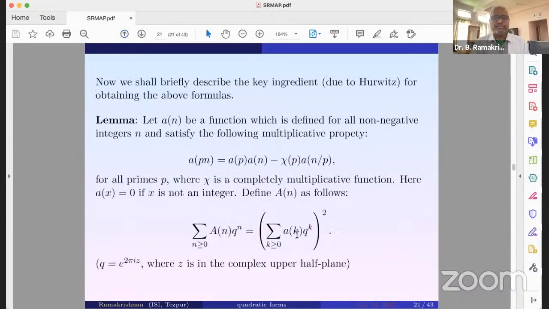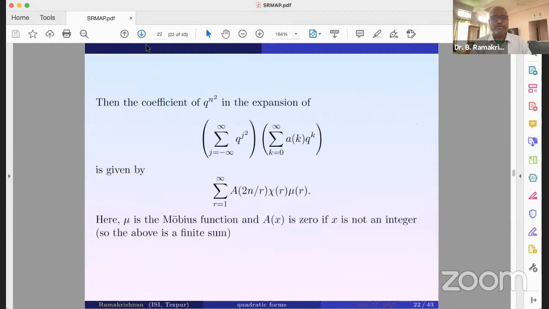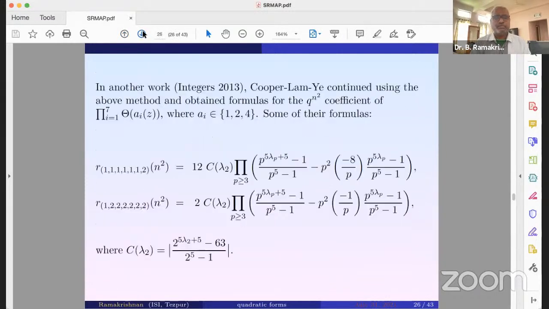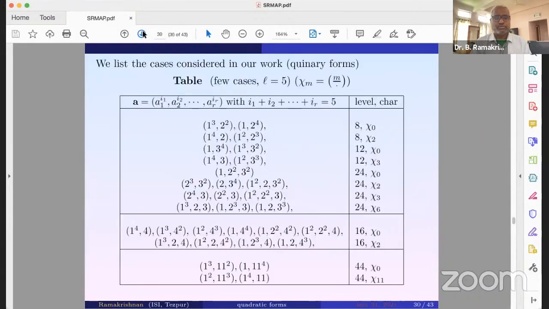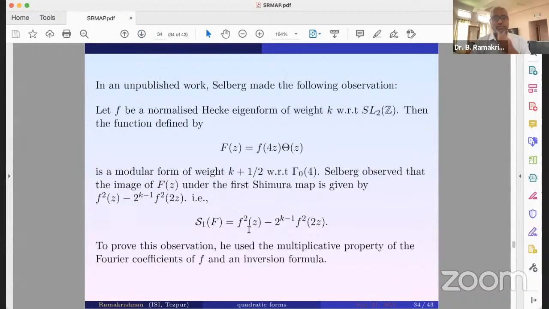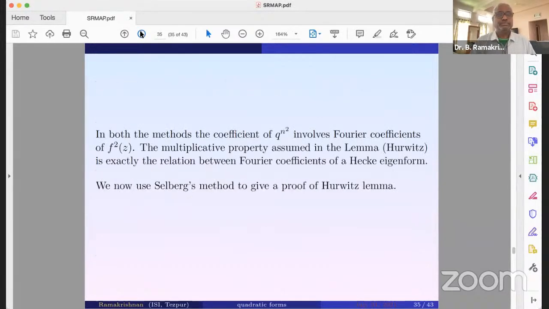So this capital A is exactly the f square coefficient, right? So this capital A is involved in the final formula. In the Shimura map also, the f square is involved, f square and its multiplication. So now we use Selberg's method and then we'll just give a proof of Hurwitz's lemma,